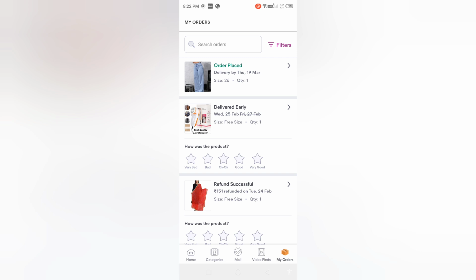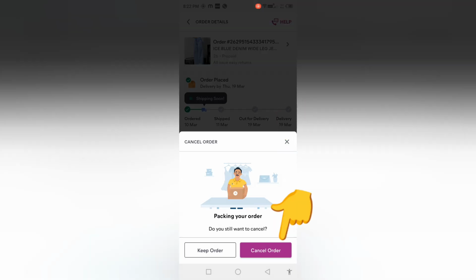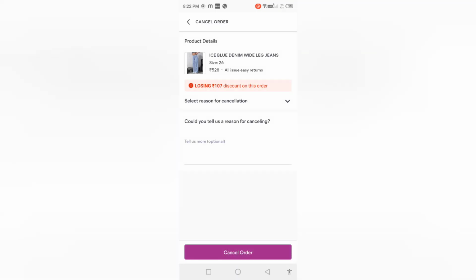After that, here you can see this is the order that I have placed and I want to cancel this order. Then you can just select this Cancel Order. After that, here it says Cancel Order again. Here you can cancel it, and from here it says could you tell us a reason for